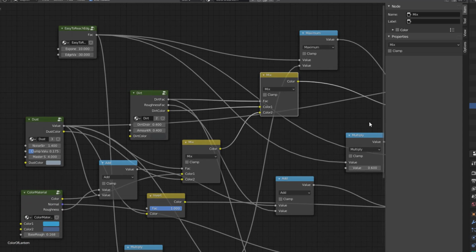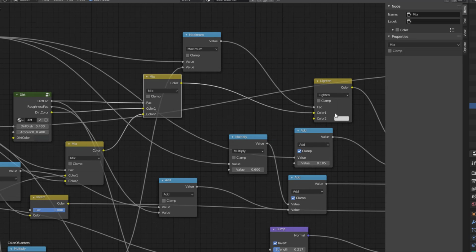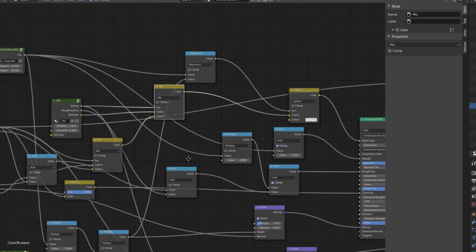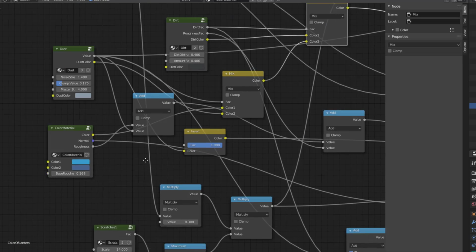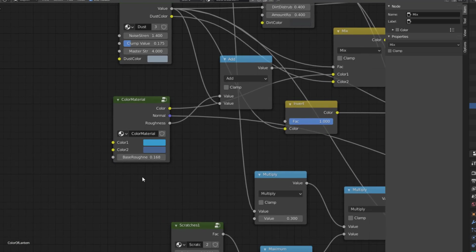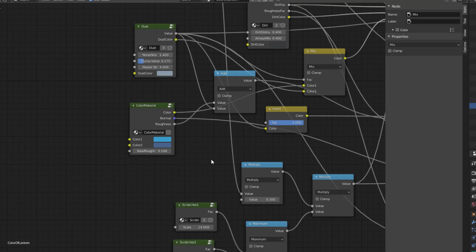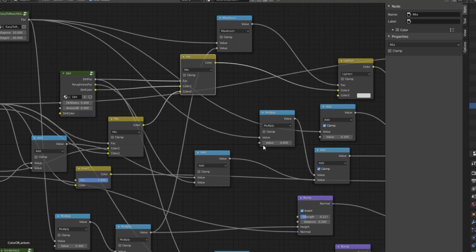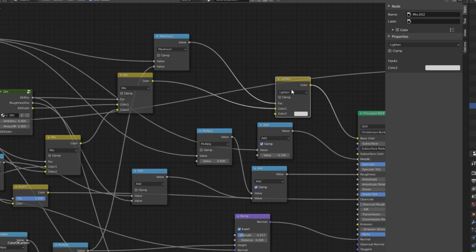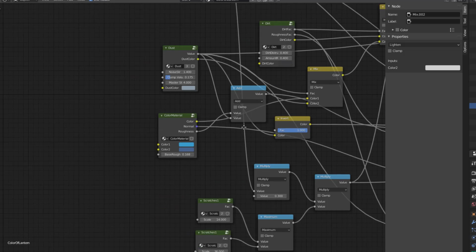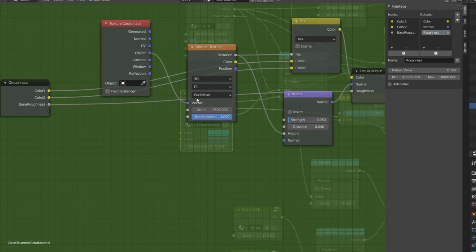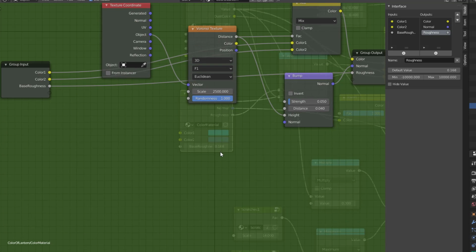So that is fixed. Then we have this value, and this value is the value that we get if we take away the color, so it's the metallic color that we have here. So where should we put it? I think we can put it in the color material, but we call it metallic color here. So take Ctrl C on this one, then go to color material, press tab, Ctrl V,